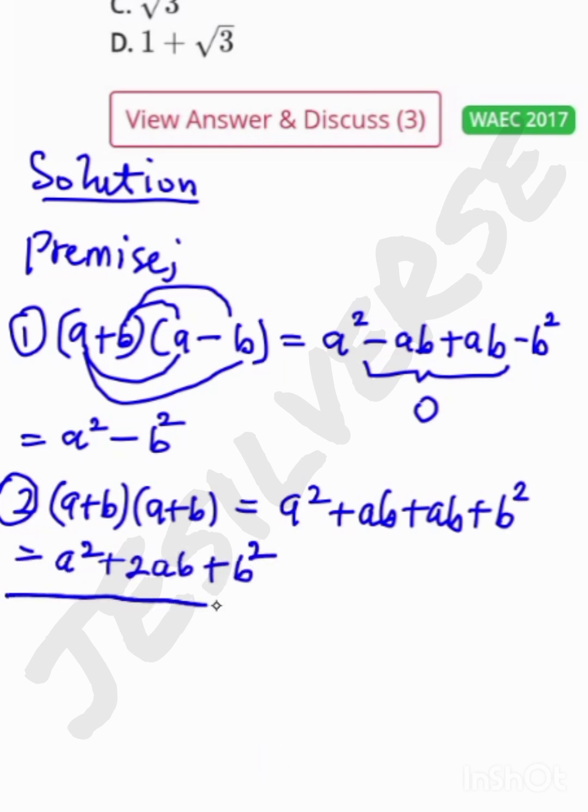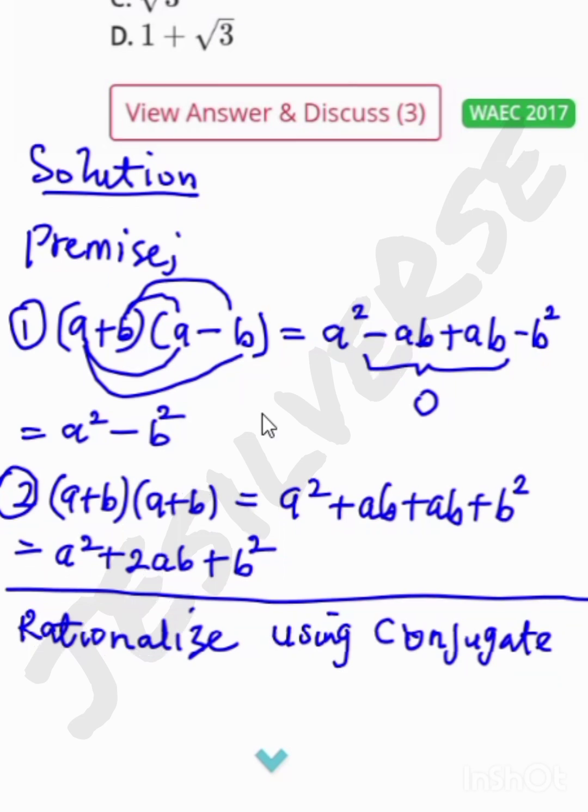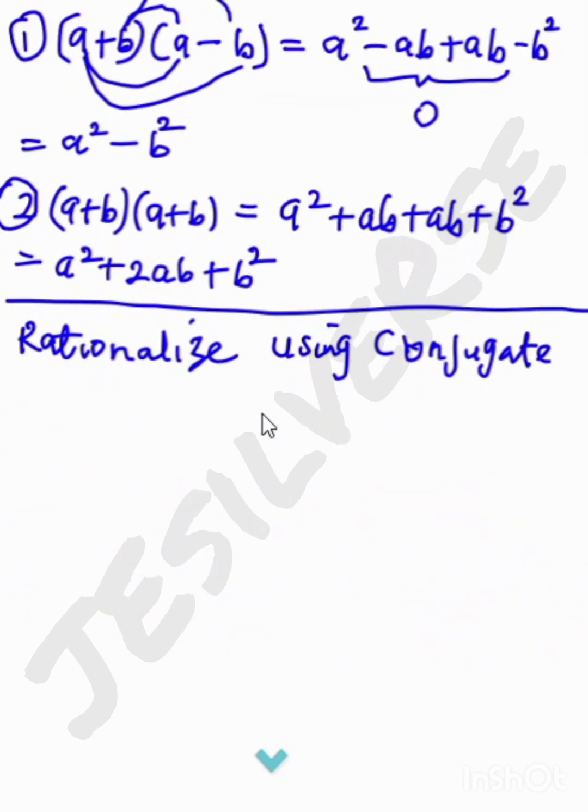Now the next thing we have to do is to rationalize. Let's rationalize using conjugates. Whenever you want to rationalize, whatever you multiply the surd expression with, you have to do it for both the numerator and the denominator. This time we have an expression whose conjugate we find and multiply for both the numerator and the denominator. So the problem in the first place is 1 over (1 minus root 3)